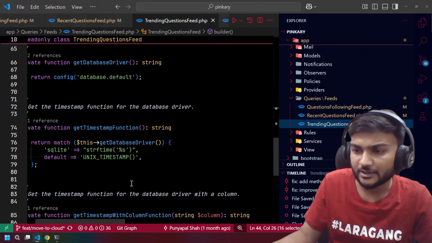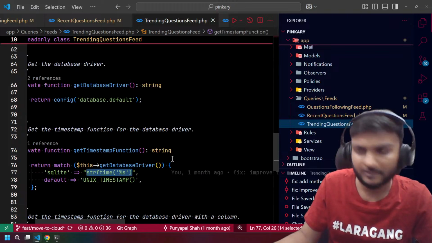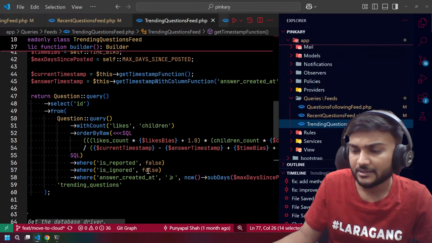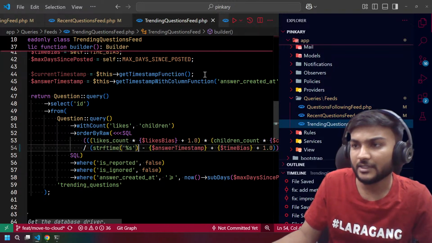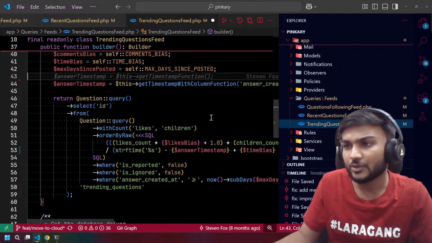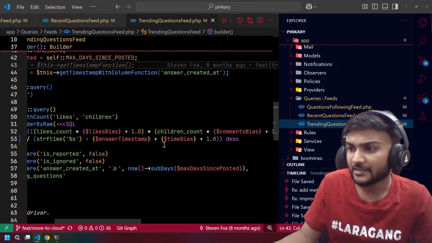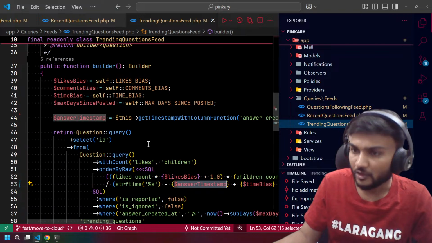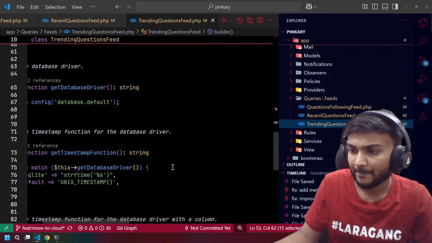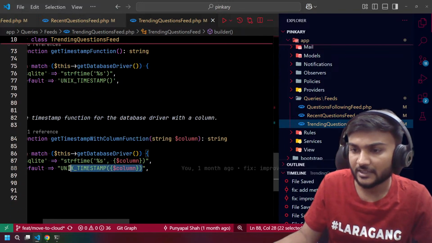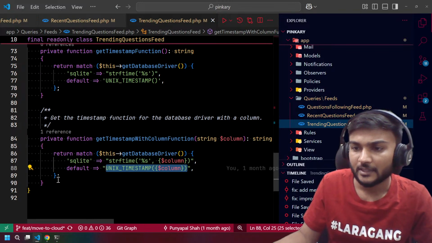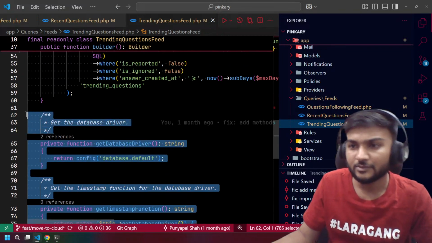So we can just copy this, remove this, and paste this over here, and we can remove this totally, right. After that, we are using only this one. Okay, so we can just copy this, and we can remove this